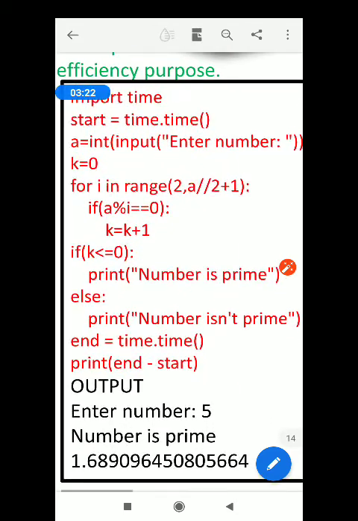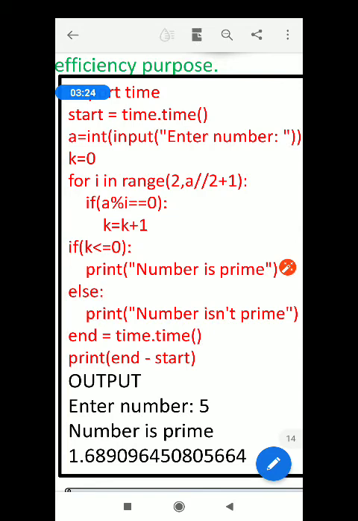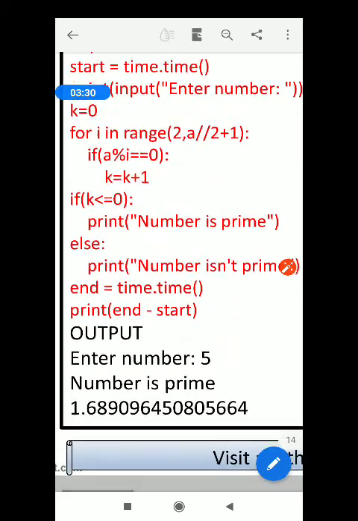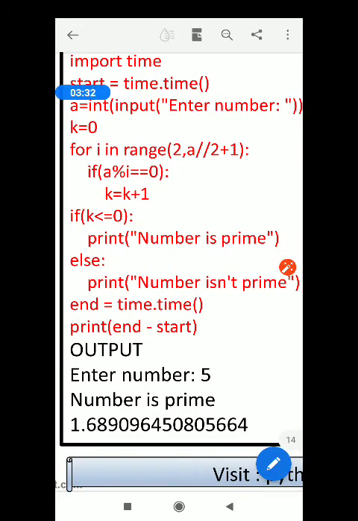And then we are ending this using end equals time.time(), and print end minus start. I am giving here enter number 5. It shows the number is prime, and lastly it shows you the time taken to execute this particular program, okay?